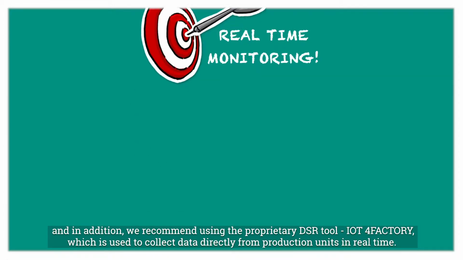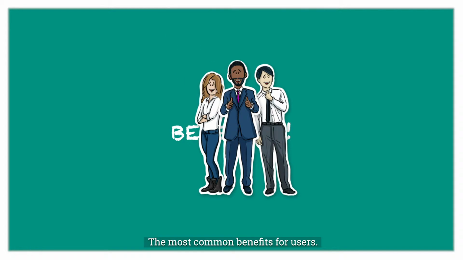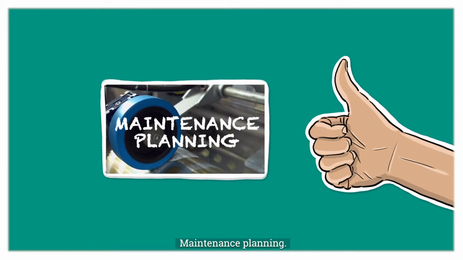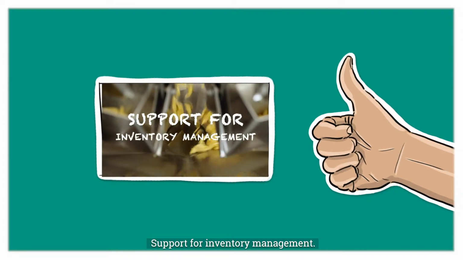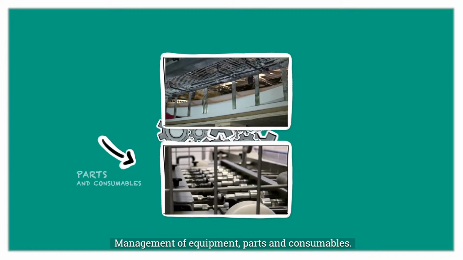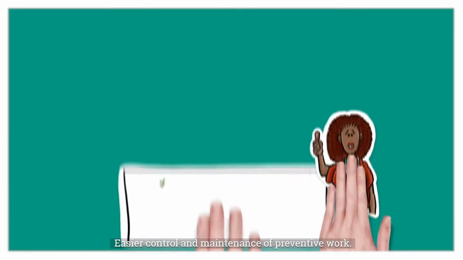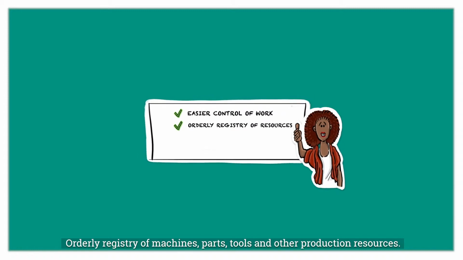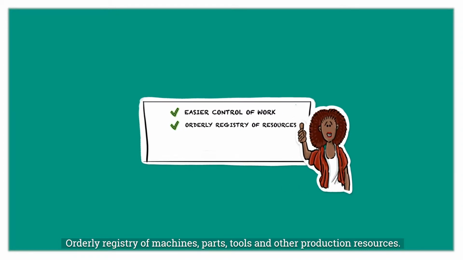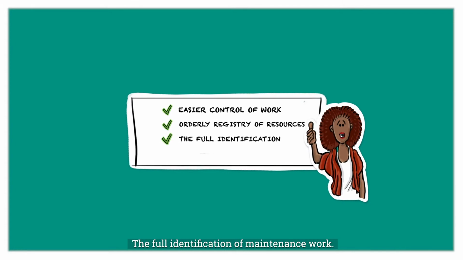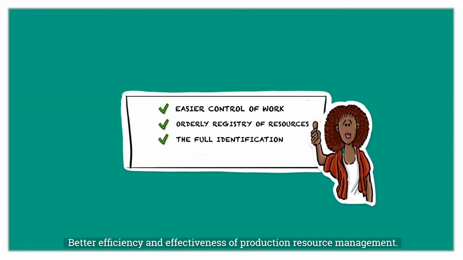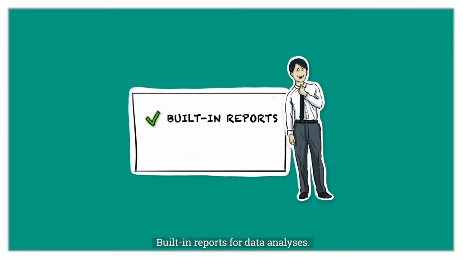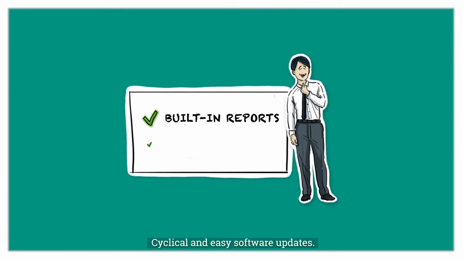units in real time. The most common benefits for users: support for reporting failures, maintenance planning, support for inventory management, management of equipment, parts and consumables, easier control and maintenance of preventive work, orderly registry of machines, parts, tools and other production resources, the full identification of maintenance work, better efficiency and effectiveness of production resource management, built-in reports for data analysis, cyclical and easy software